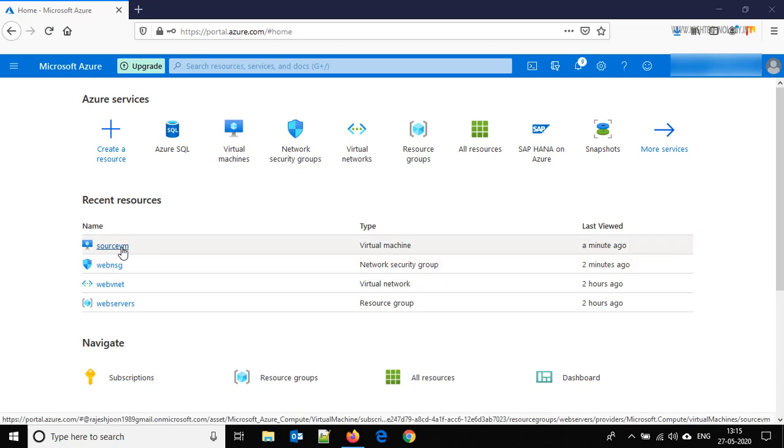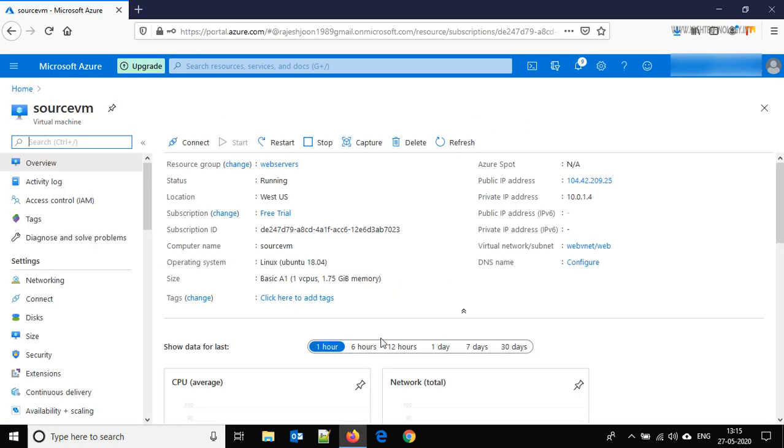Just click on this virtual machine and copy this IP.